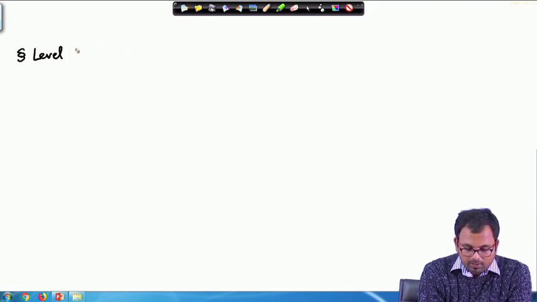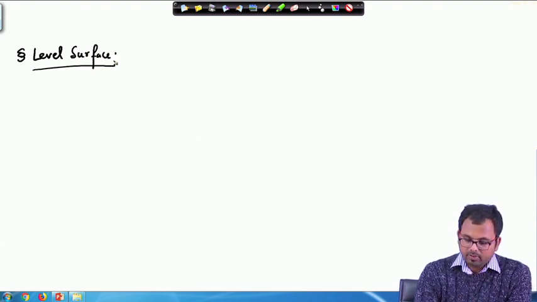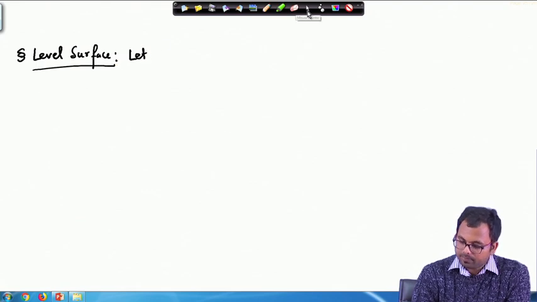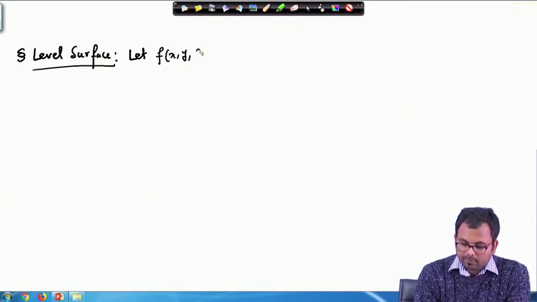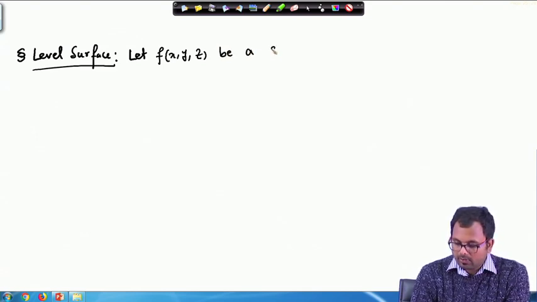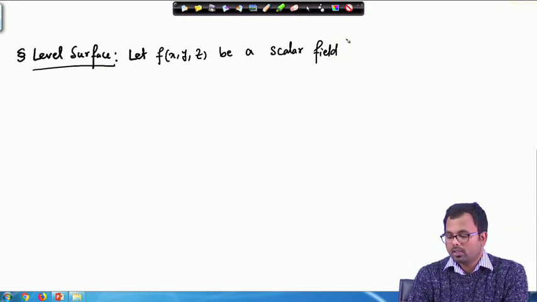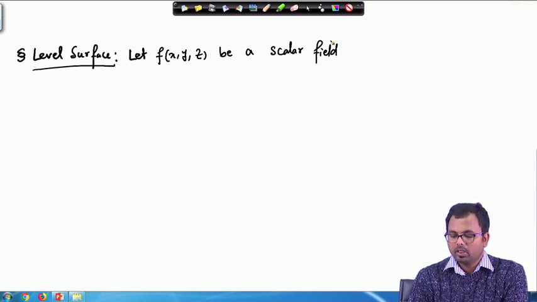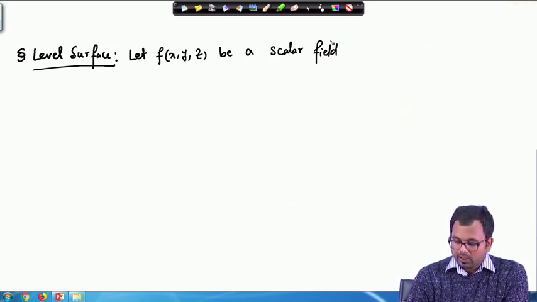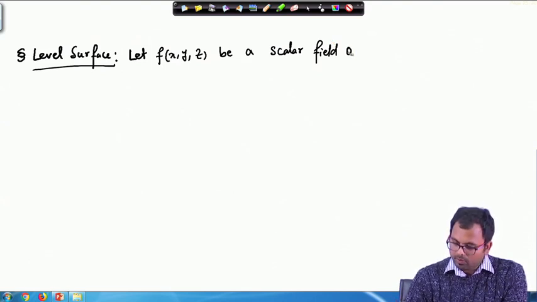So, this is also in our syllabus, and I think we can learn a little bit about it. The formal definition goes like this: let f(x, y, z) be a scalar field. We defined the scalar field in a previous lecture, or maybe one or two lectures before, so you can look into the definition of scalar field. So, let f(x, y, z) be a scalar field over a region R,